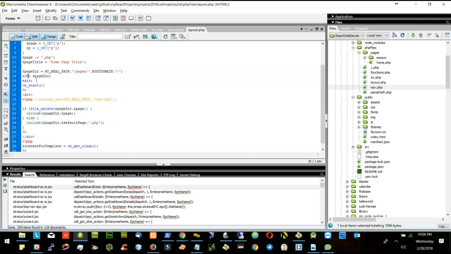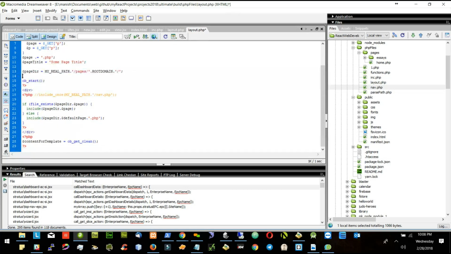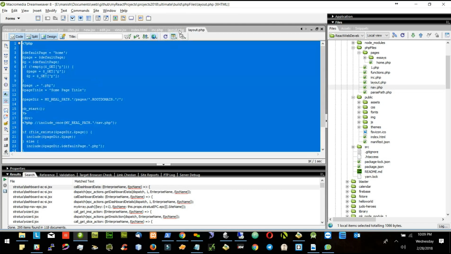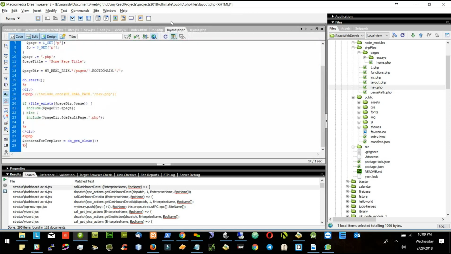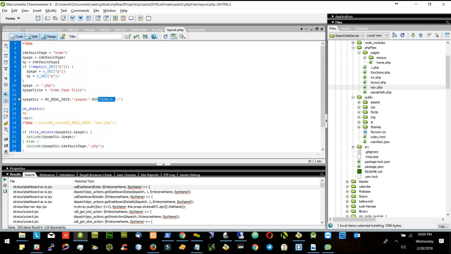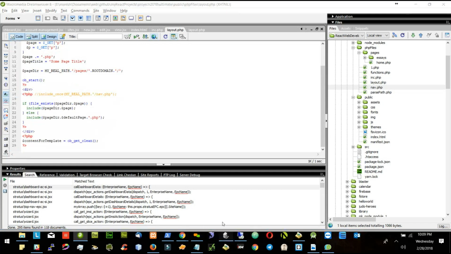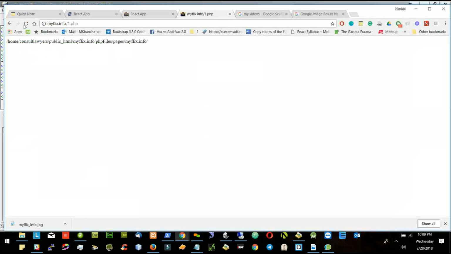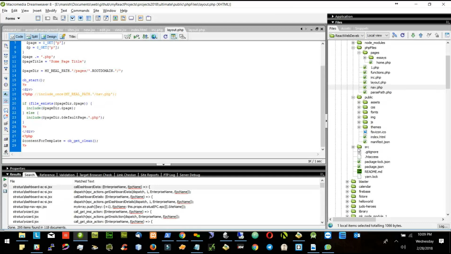I will copy this part in my layout also, because this is in the build folder, which will be overwritten by build. So I'll put it inside my public PHP files. It will go to the myflix.info and then it will go to the home.php. So if I now upload it again, you will see this myflix.info,